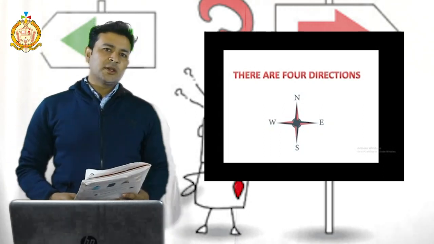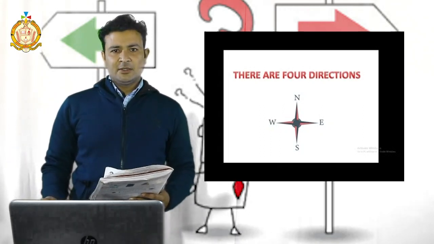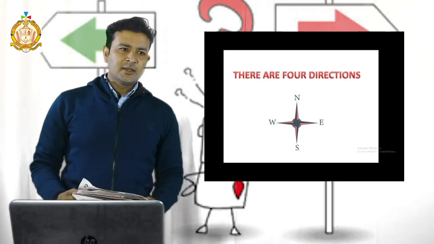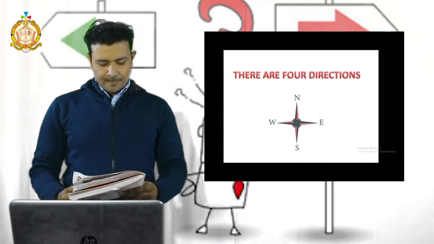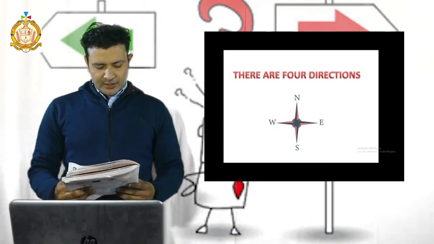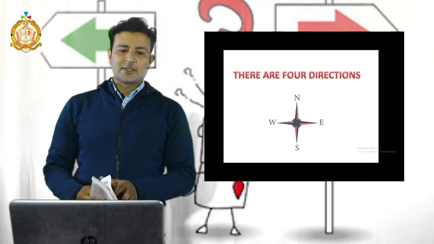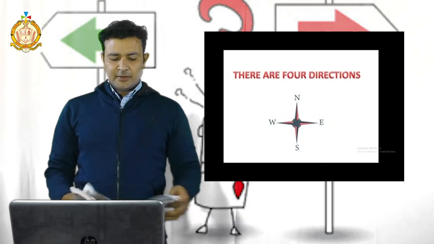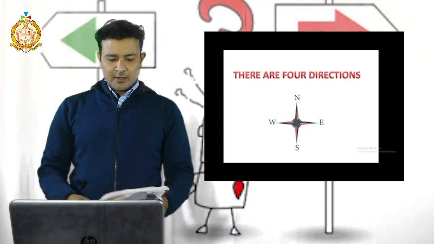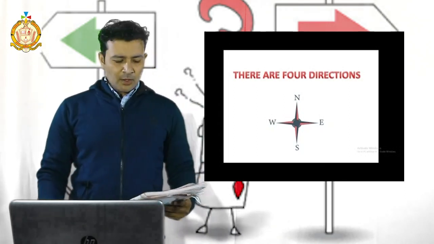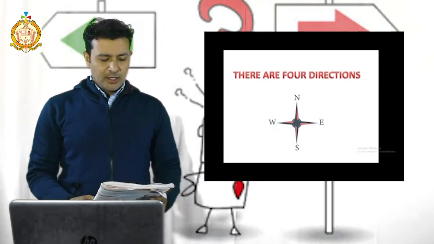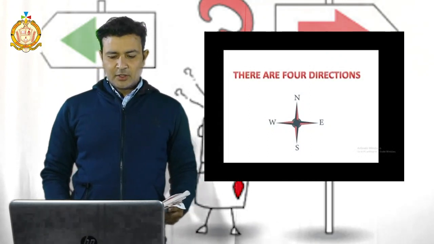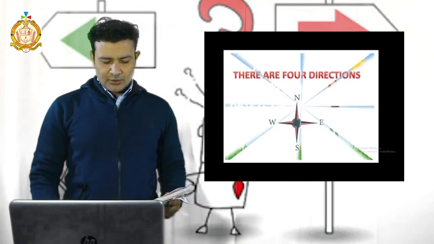If we know about our house's direction, then you can tell your friend, and they will easily get to your address. When you do not know directions, it will be very difficult for us to find the way. So we should know which direction is which and how we can move from one direction to another. Next, I told you there are four major directions: north, west, east, and south.